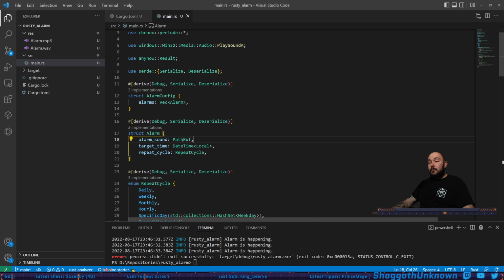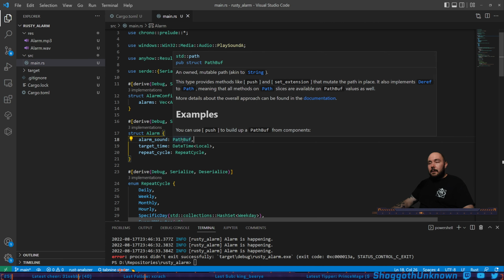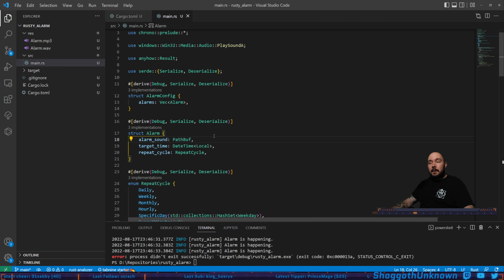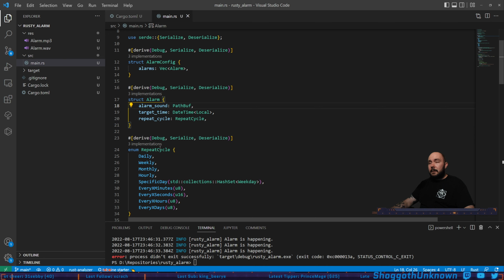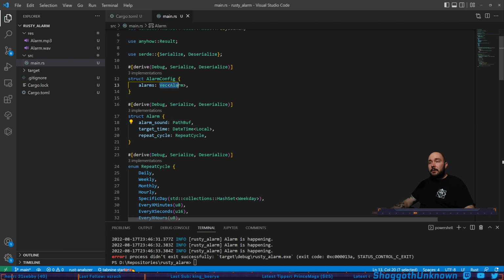Okay. So we're going to do a path buff because I'm lazy. And that means that whatever is fed in, it'll be deserialized from that string in the config file into a path buff. And then I can just immediately do a check on it to say, is it a file? And if it's not a file, I can yell at the user or something and berate them for giving me an invalid thing. So yeah, that's about it for getting the initial config going, I think. Again, this may change. So we have a vector of alarms,